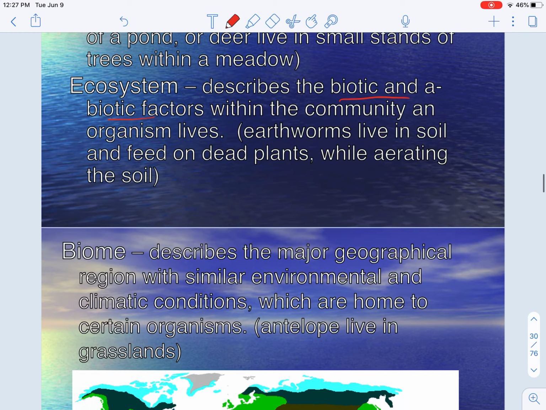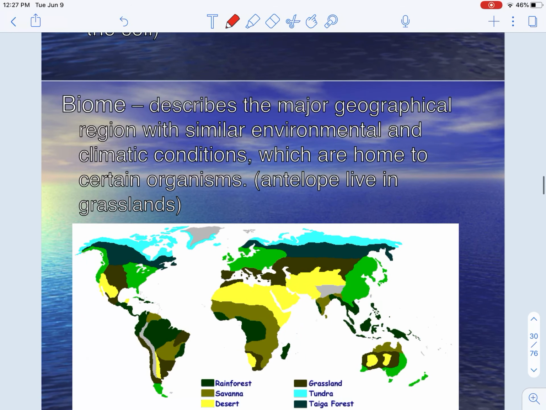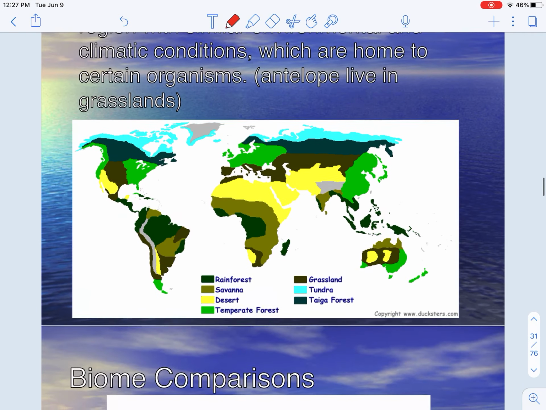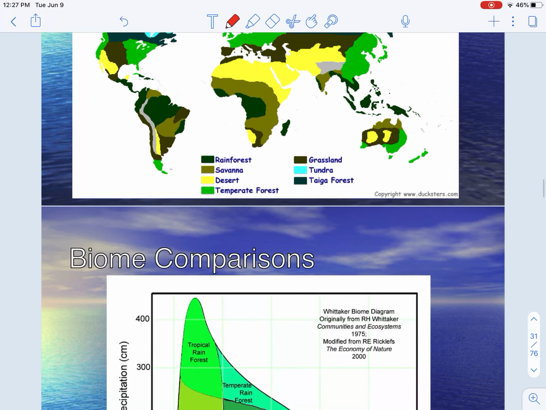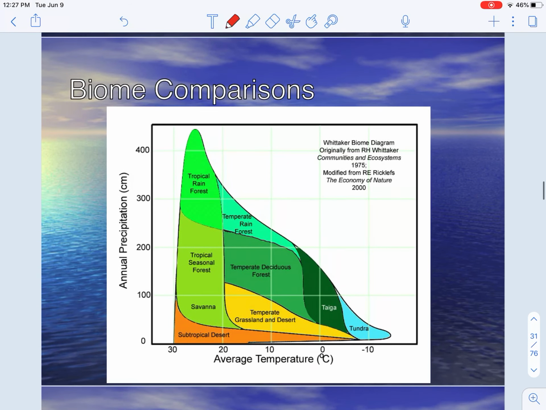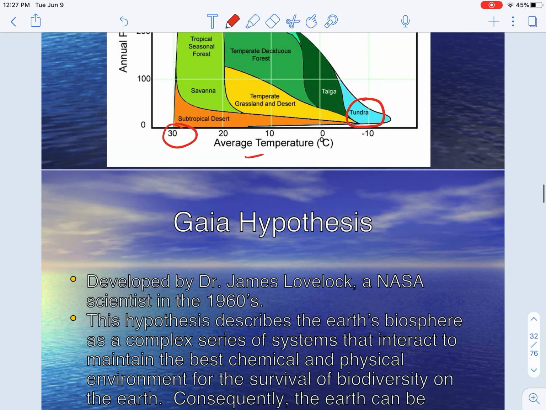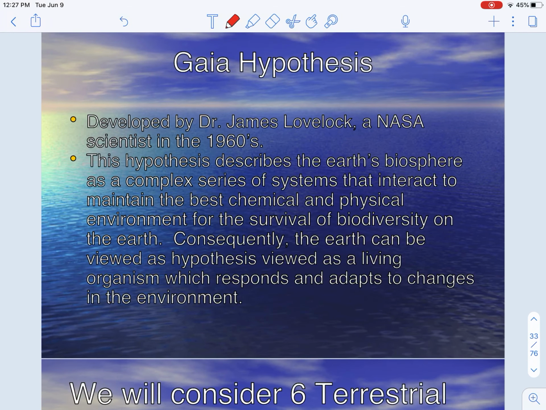Habitat is where something lives. Ecosystem is the living and non-living interactions in that community, so all the organisms that live there and all their abiotic surroundings. Biomes are areas with similar climates, and usually a major influence on the climate is the temperature and precipitation of that area. So as you can see, precipitation and temperature are the two major things in this graph that's comparing the rainforest, which has high precipitation and high temperatures, versus tundra, which has low precipitation and low temperature. So you can find all of our biomes on this graph.